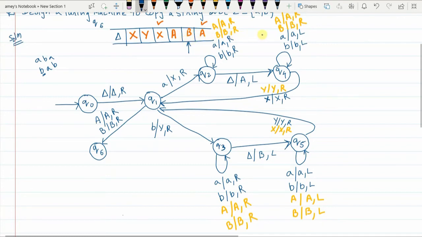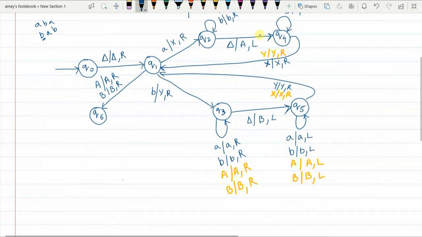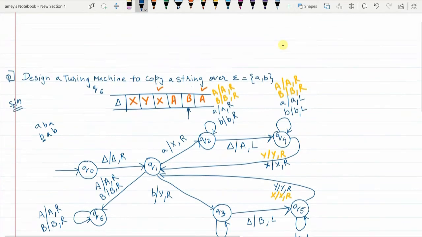Your aim is to reach the end of the string. So any more capital A's that you encounter on the way towards the right, you just ignore them and move to the right. Similarly, any more capital B's, ignore them and move the pointer to the right. So you will be in Q6 state.